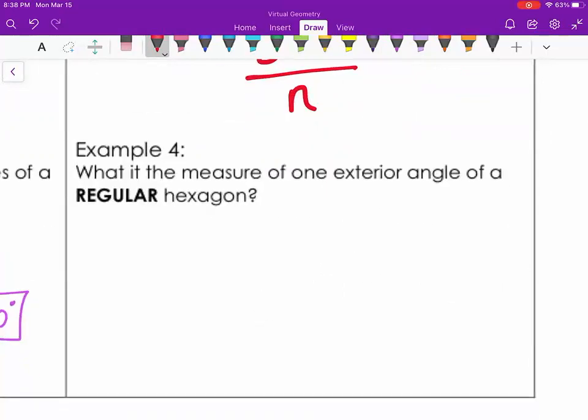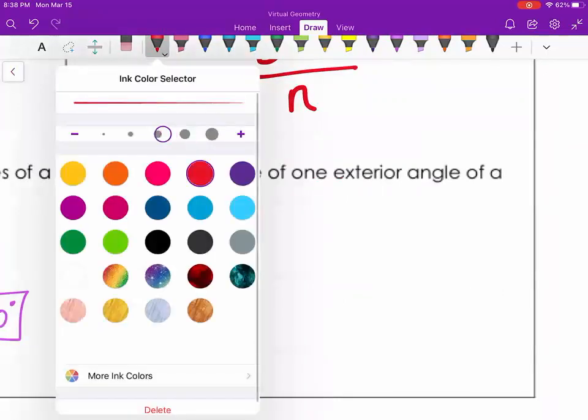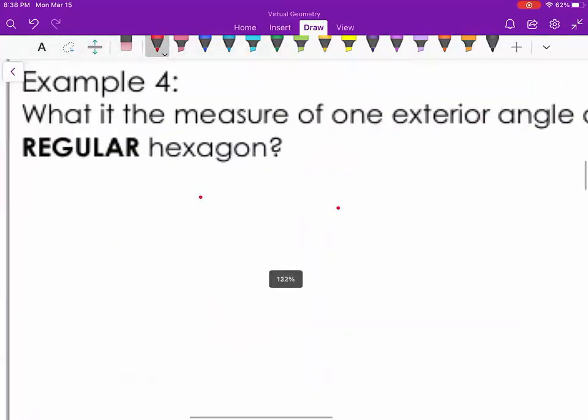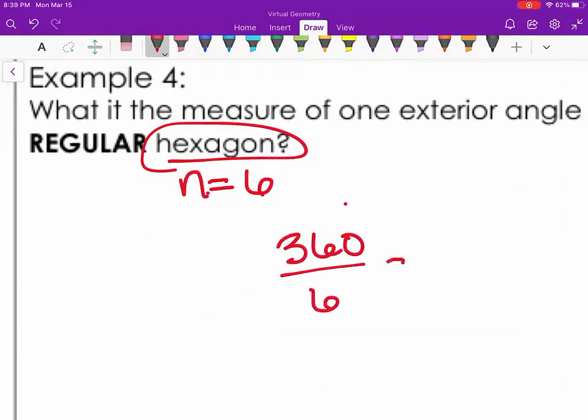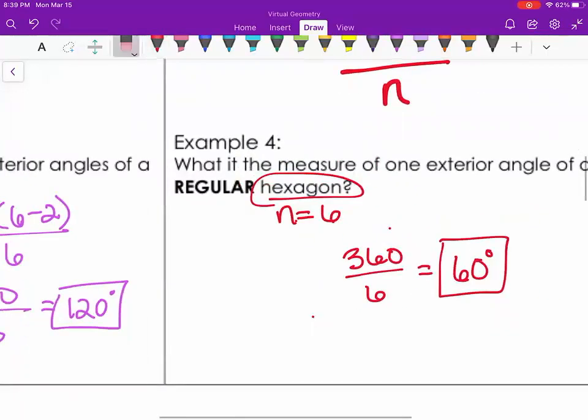What is the measure of one exterior angle of a regular hexagon? All right, hexagon means there are 6 sides or 6 angles. So 360 divided by 6 means each exterior angle is 60 degrees. All right, so now that we've talked about how we find the angle measures inside these figures,